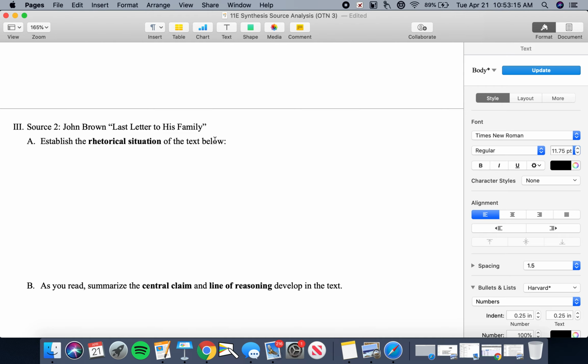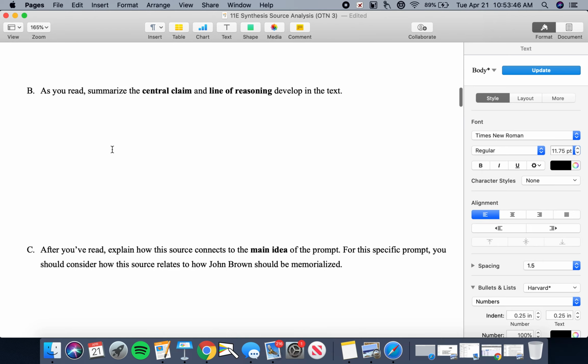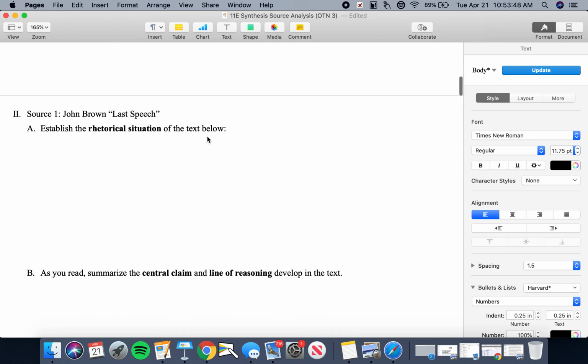Okay, we've got a unit test coming right around the corner. The unit test is going to look very similar to these kinds of prompt analysis and synthesis analysis prompts. Okay, you're going to get a prompt. You're going to have a bunch of text that you're going to sort of wheel together into a reasonable argument that responds to the prompt. Okay, so go ahead, make sure that you're practicing that skill on a daily basis. All right, look at these two sources, and we are done for the day, guys. Jump into it and crush it.